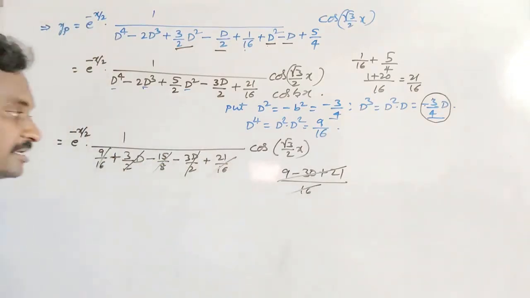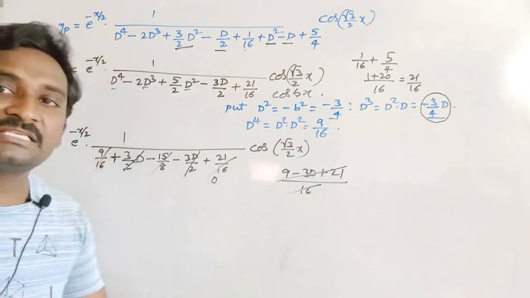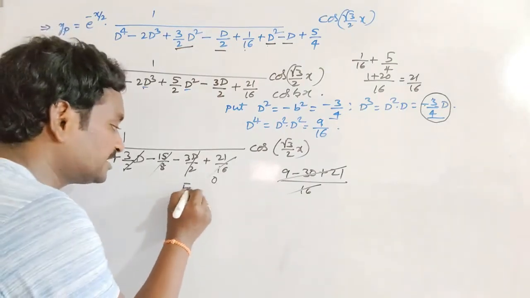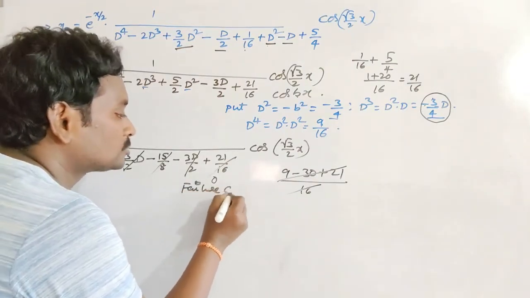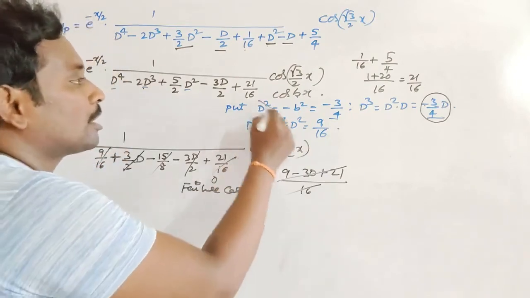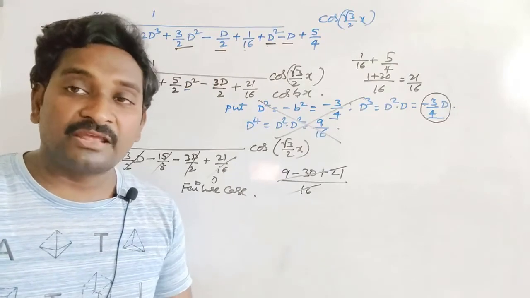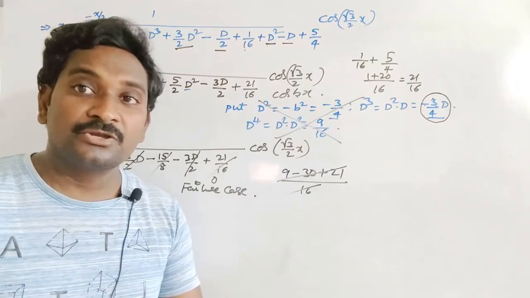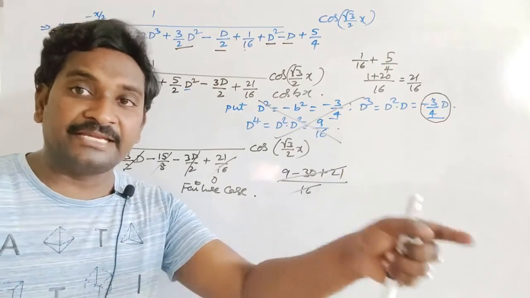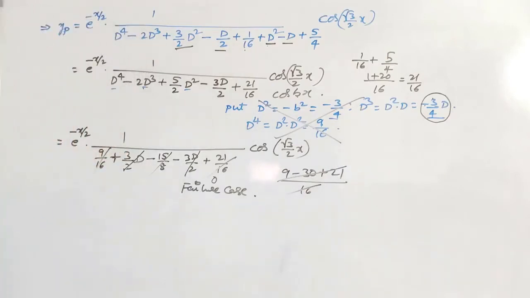It means that in the denominator we have 0, so it is a failure case. Okay, this is a failure case, so we can't use these rules here. Whenever we get the failure case, you just have to write 1 x outside and take the derivative in the denominator. That is the procedure.